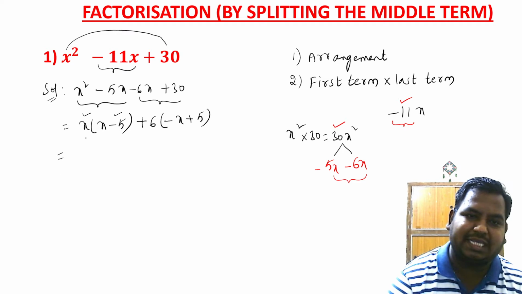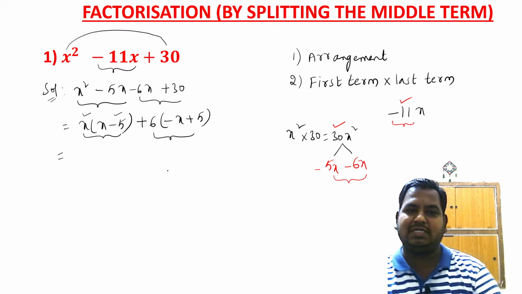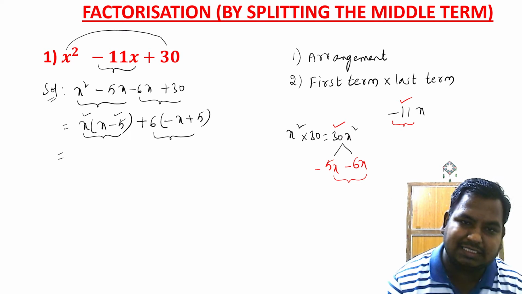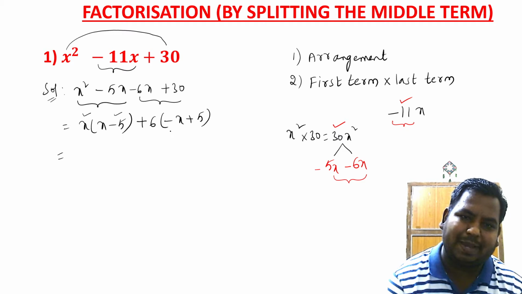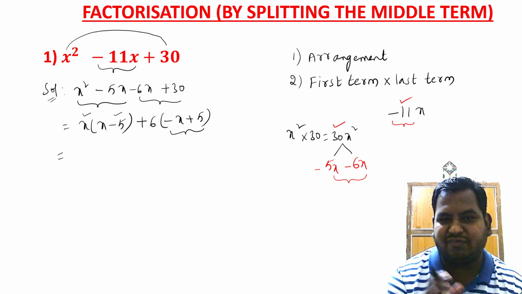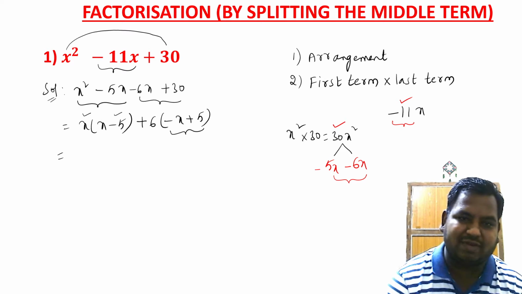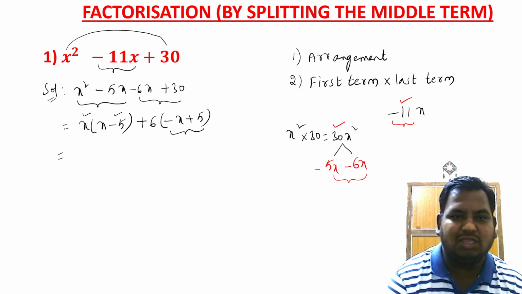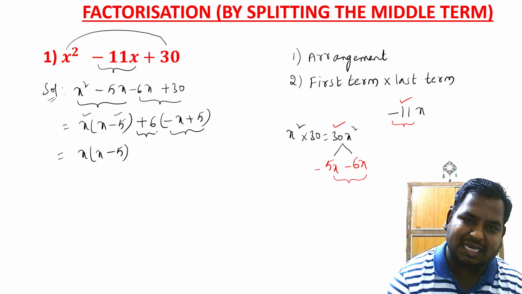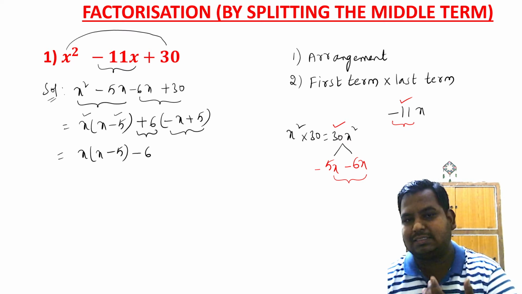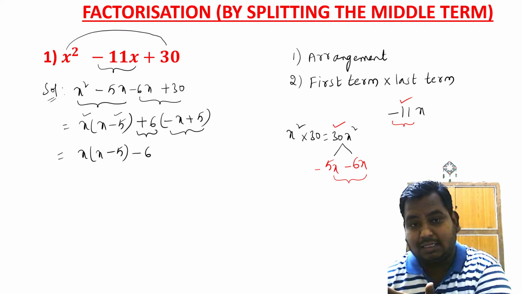We have two terms here, x of x minus 5 and 6 of minus x plus 5. In the first term, factor is x minus 5. In second term, factor is minus x plus 5. So I am facing a problem with the minus x plus 5. If I am able to express minus x plus 5 as x minus 5, then the problem will be solved. To solve the problem, we need to write plus 6 as minus 6. If we change the sign of plus 6 to minus 6, then things should be clear.